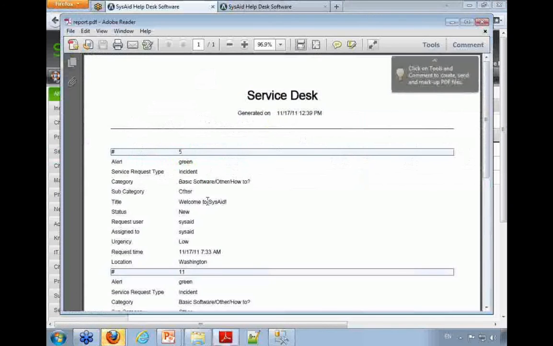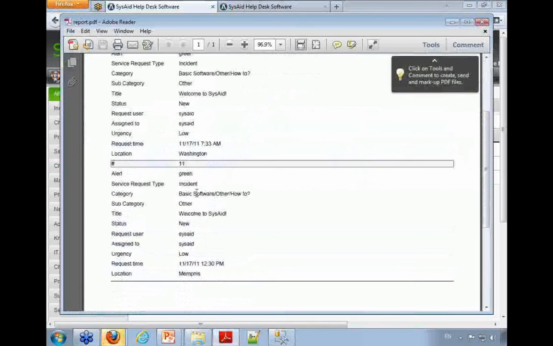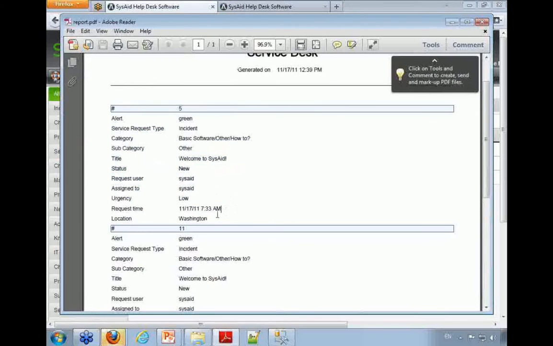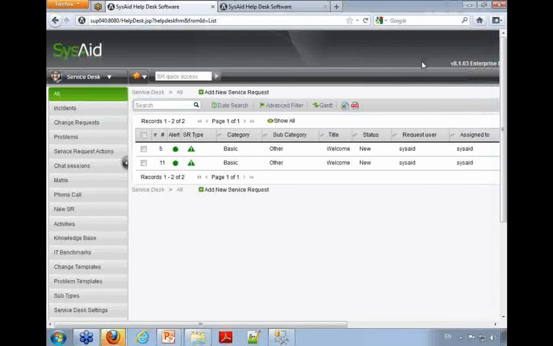You could also do a PDF, and that way you'll get a PDF printout of each and every service request and the information about that service request. You want to add more information here, just add that as a column, just like I added location and it exported the information right here. Quite easy